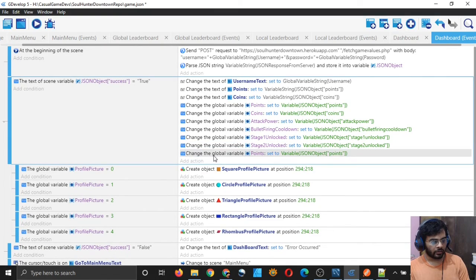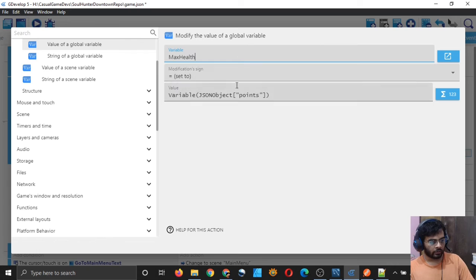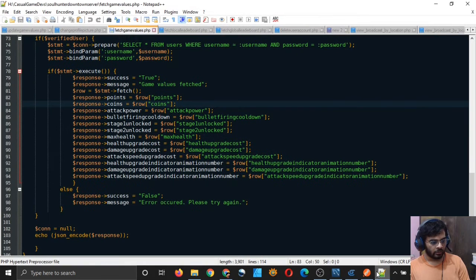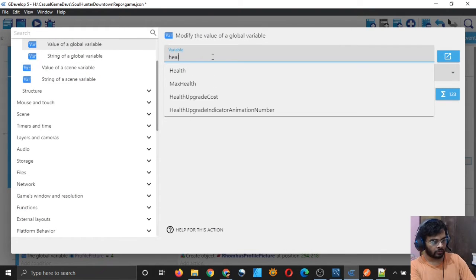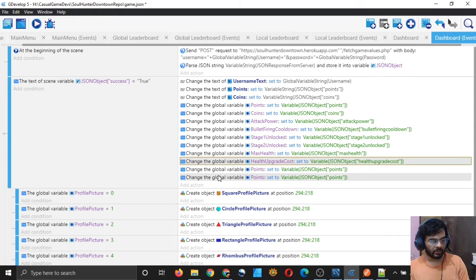And paste again, and then it is the turn of max health. I need the max health variable, and here also I'll simply put it equal to max health, okay. And paste again 3 times because now I need health upgrade cost, damage upgrade cost, and attack speed upgrade cost. So beginning from here, just type health upgrade cost, and in this one also health upgrade cost, you have to be careful about the spellings.